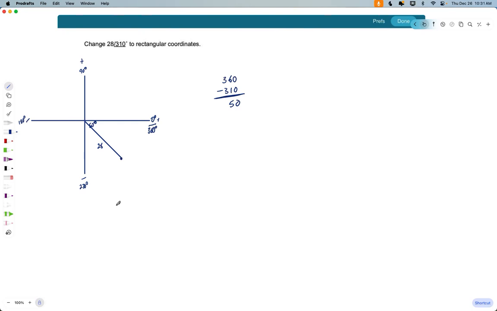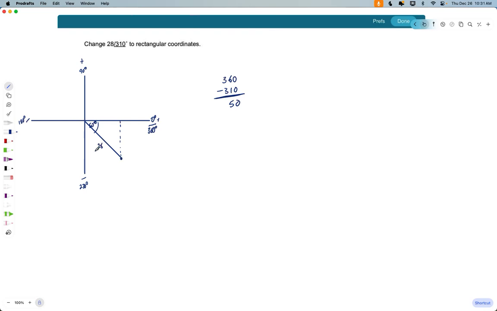Now, we have to be relative to the x-axis. So we're going to draw our line from the x-axis down to that point, which is the reason why I subtracted from 360 and not 270. You always want to be relative to the x-axis, not the y-axis, right? Because the x-axis is what we begin measuring from. That's why it matters so much. So 50 degrees is our angle,